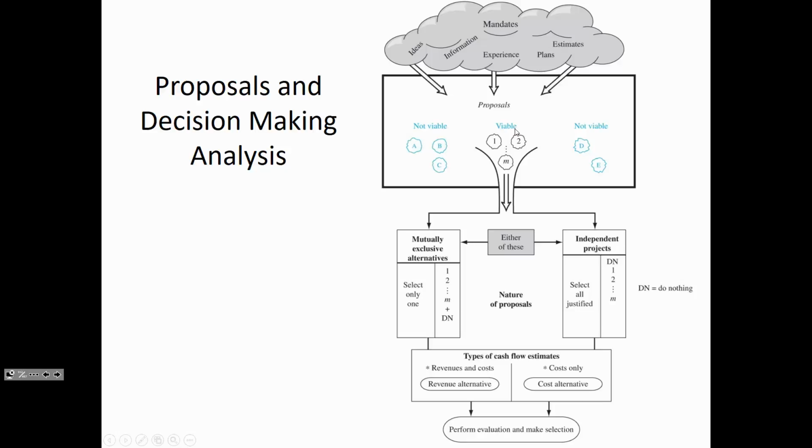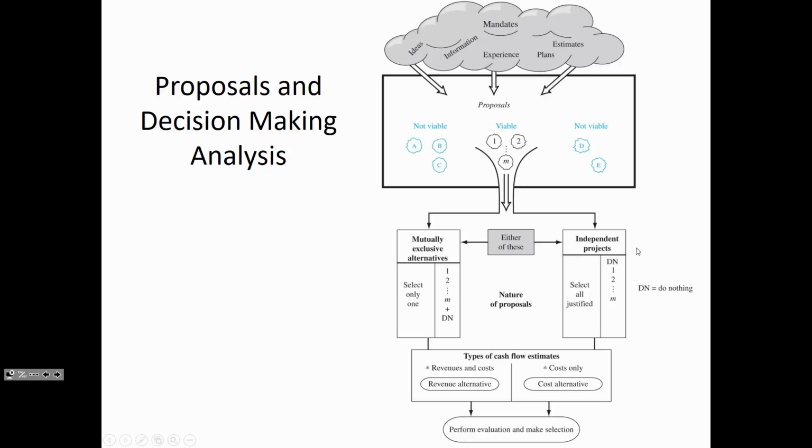And then proposals are screened into not viable, which are sort of discarded. And then among the viable proposals, you have to decide whether, number one, the proposal has mutually exclusive alternatives or independent projects. We've got some vocabulary to look at on the next slide, but just briefly, a situation where you have mutually exclusive alternatives means that if you choose one of the options, you either can't or don't need to